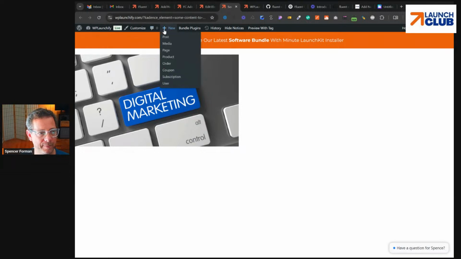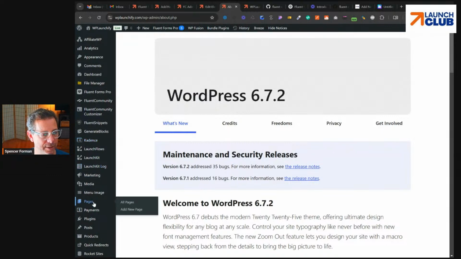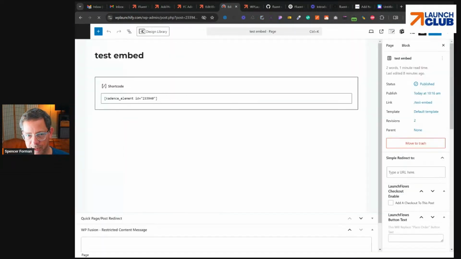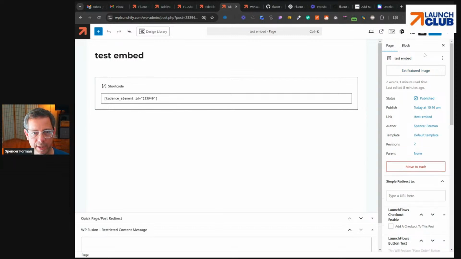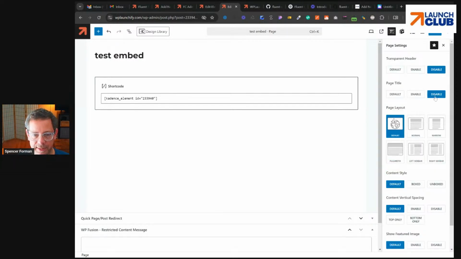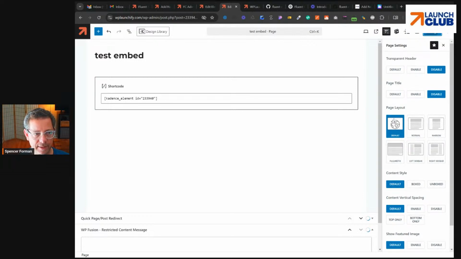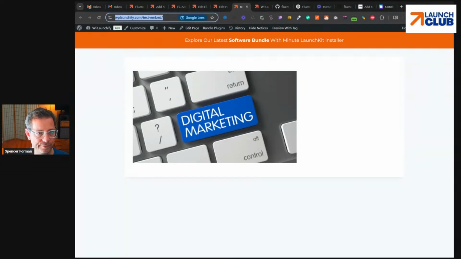So let's go back to that page that I created a moment ago. Let's see if I can do this. If I go to pages, all pages, let's edit this and get rid of the header and the footer. Let's just see what happens when I try this, because again, I think the shortcode is going to work once I get that squared away today. We'll disable the header, disable the footer, and save this. Let's see if I take the URL of that page. It's kind of sloppy because it's got some stuff, but let's see if this functionally will work.